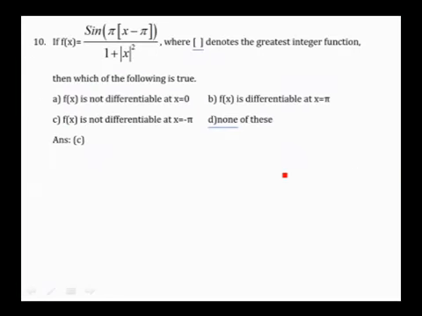10th question. f(x) is sin(pi) cos(pi) into integral part of (x minus pi) over 1 plus mod x square, where [.] denotes the greatest integer function. Then which of the following is true? f(x) is not differentiable at x equals 0, differentiable at x equals pi, not differentiable at x equals pi, none of these. So if you consider this function,